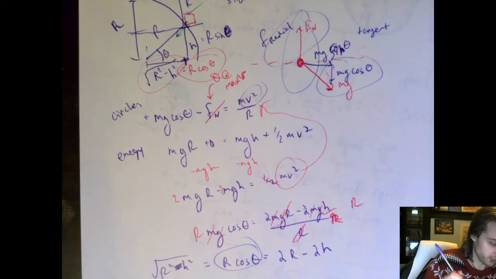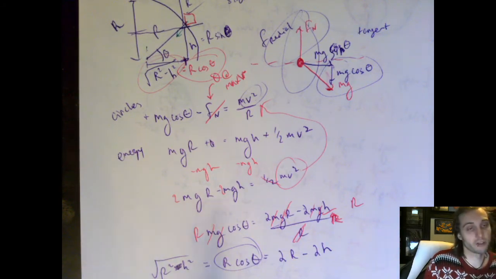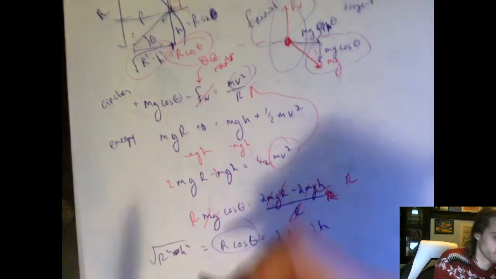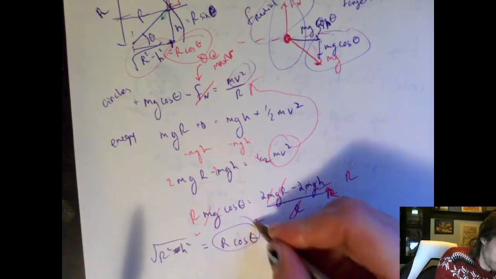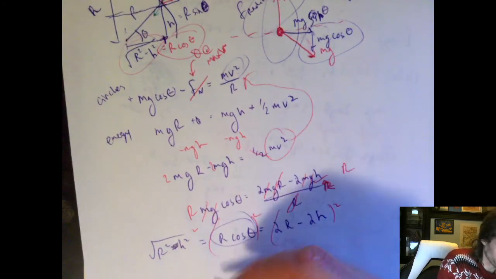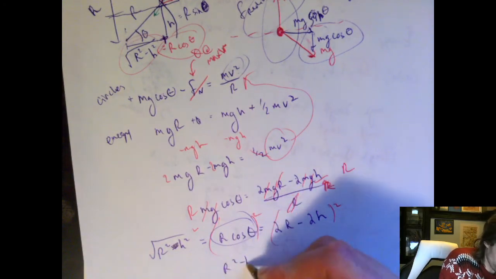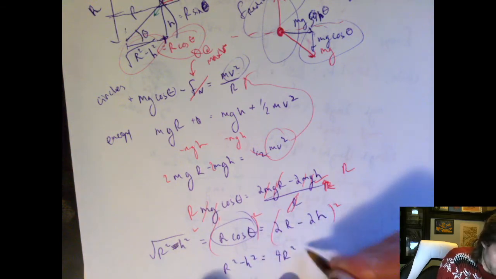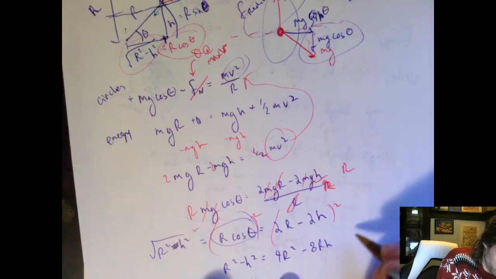So I can replace this with that. And that's great because I don't have that theta floating around, and my only variables are r and h. If I square both sides, what I'll wind up with is r squared minus h squared is equal to 4r squared minus 8rh